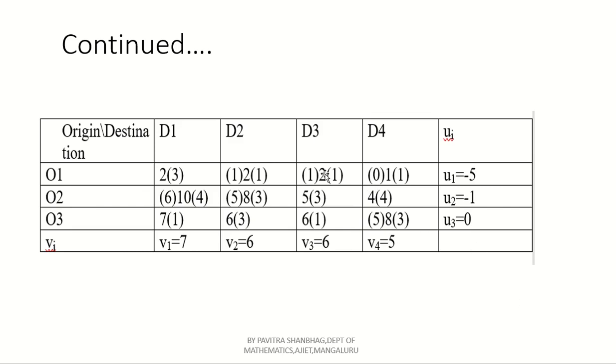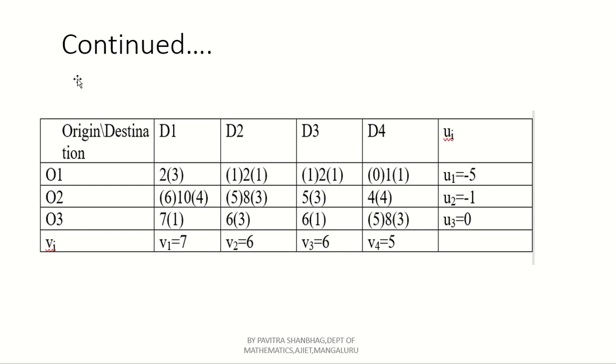After that, we have to check which cells are not allocated. That one you have to allocate with the help of the sum of these. 6 minus 5, write here to the left side, and the remaining you have to write to the right side of that element. Okay, similarly for each and every case of this table.